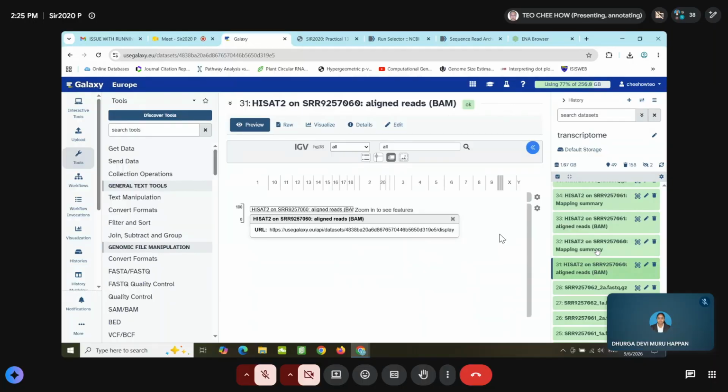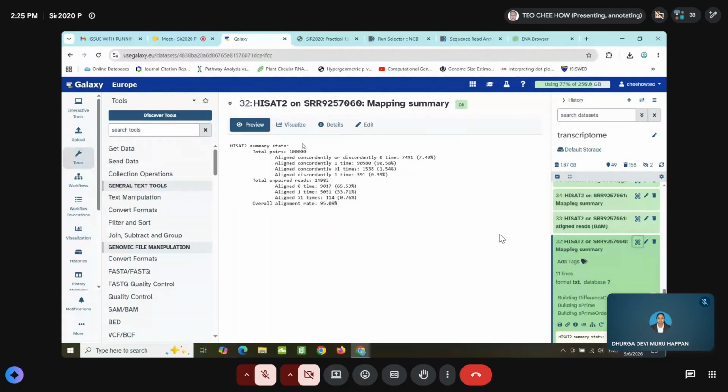Then you will get a summary file. What does the summary file show? Okay, now you see the summary file shows that your total is 100,000 read pairs. And among these 100,000, how many percent are unmapped, aligned concordantly or discordantly? 0%, 0 times.